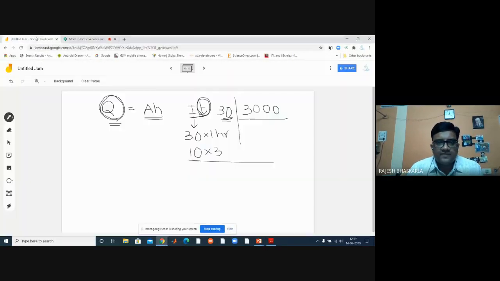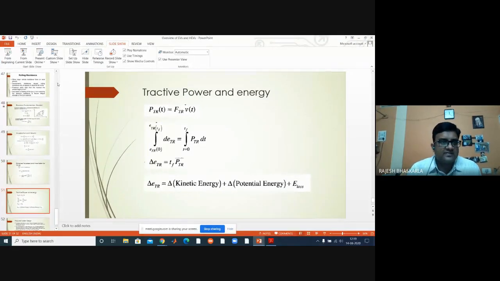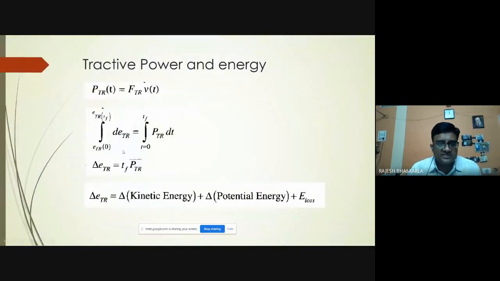So that means power is not sufficient. You should know what power is required and for how much time the power is required. This is nothing but the energy. So we are not only concerned about the power of the battery pack, but we should note how much energy, or in other terms how much charge, Q, is required. That is why the power itself is not sufficient; we also look at the energy. How much energy change is happening for the respective time of the vehicle.